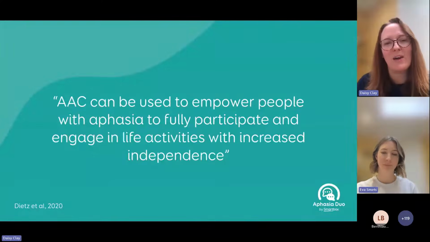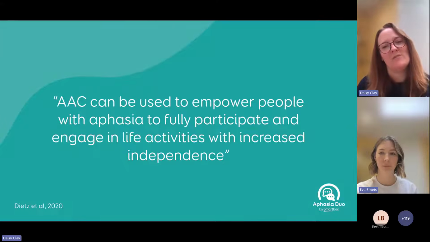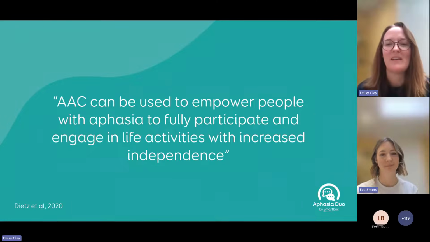I've also got some quotes that I've found in the literature that I think really support what we've done with Aphasia Duo, and also just things I wanted to highlight with you. So firstly, this really nice quote that's highlighting how AAC can be used to empower people with aphasia to fully participate and engage in life activities with increased independence. So that was underpinning everything that we've done with Aphasia Duo to help people to be more active and participate in the things they want to do, and just everyday life, and do that more